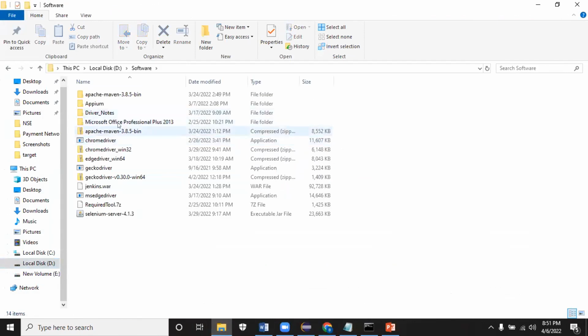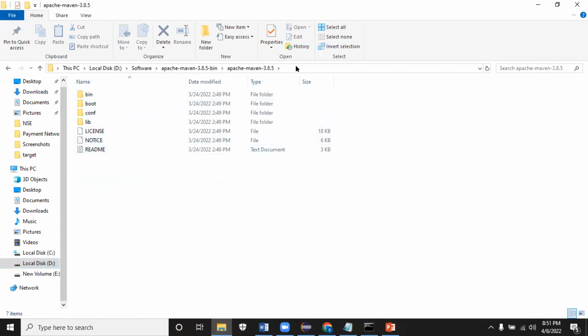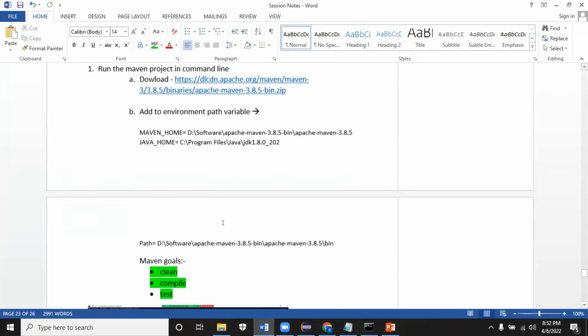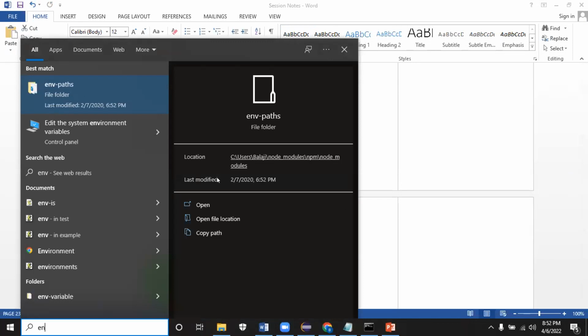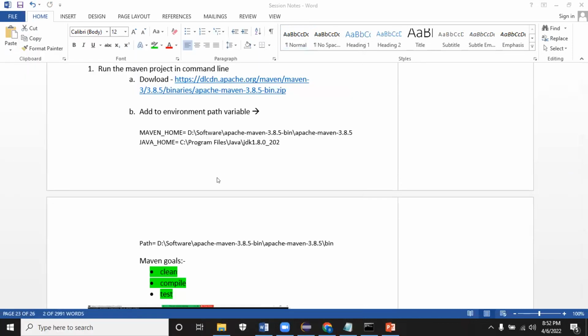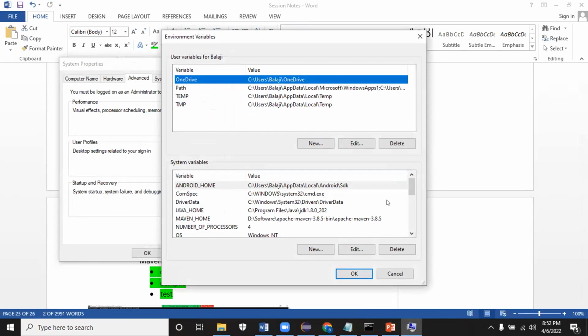Extract it. Once you extract it, you will be able to see the Maven files. A few things you need to do. One is JAVA_HOME, MAVEN_HOME. You need to create environment variables. In the environment variable, a variable to download this file.